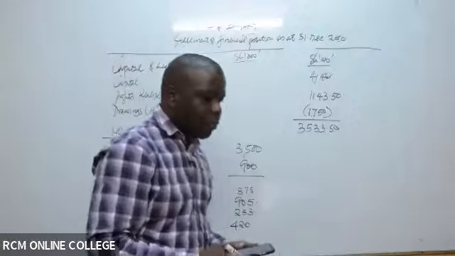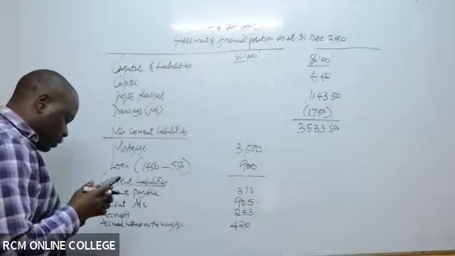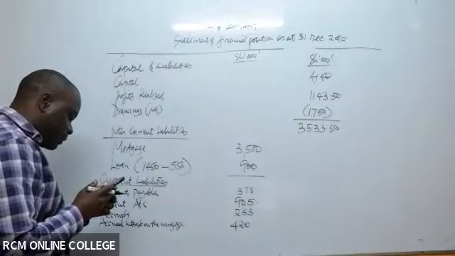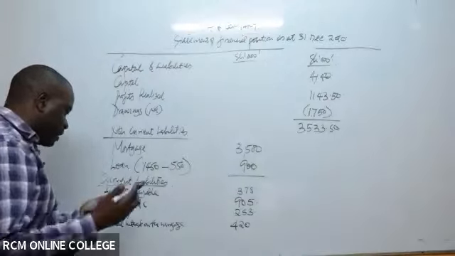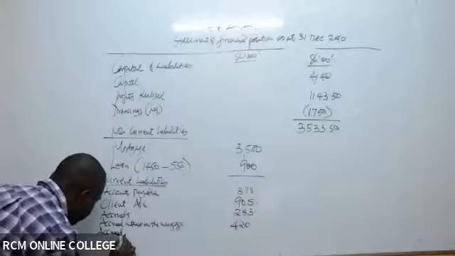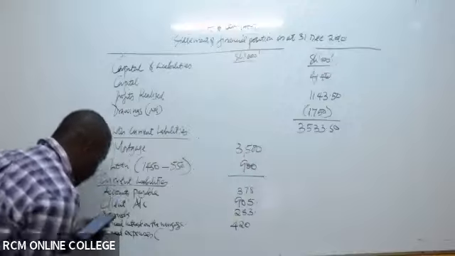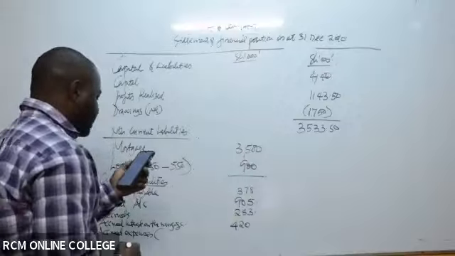Then in this case, you have the accrued expenses, that is in note number 8. These are expenses incurred which had not been paid by the end of the year. Those ones you just add directly. So they were not actually paid by the end of the year. If you look at note number 8,